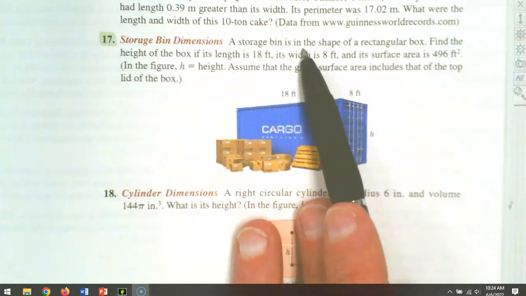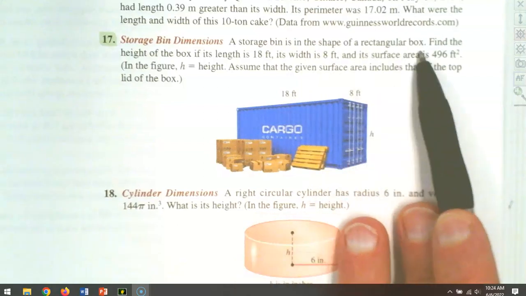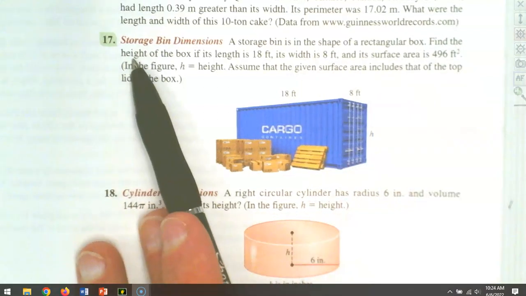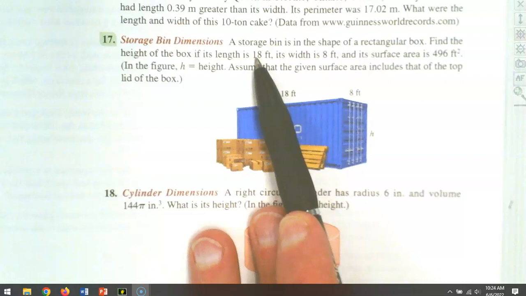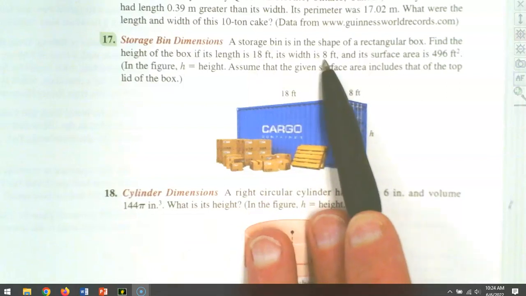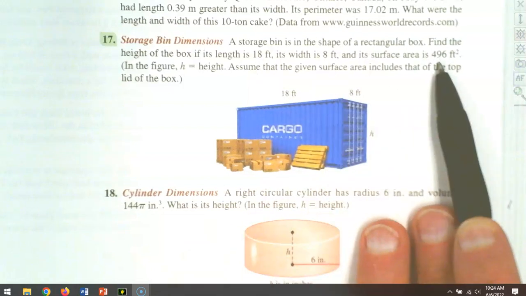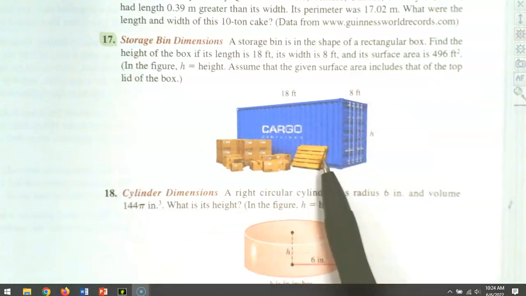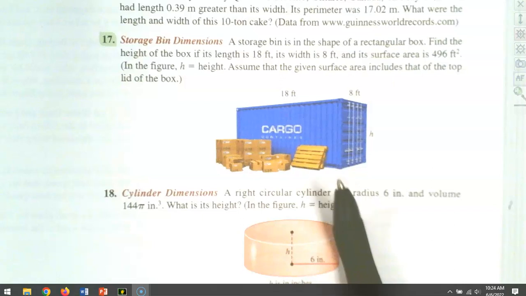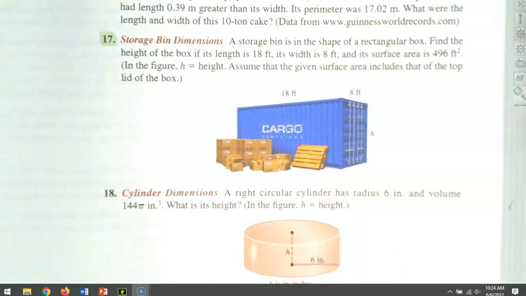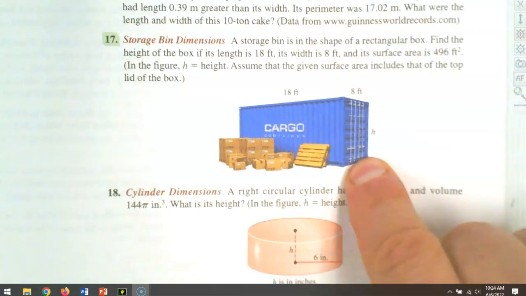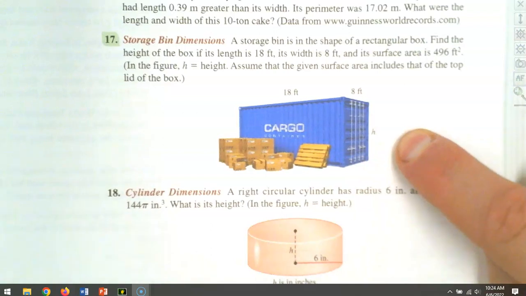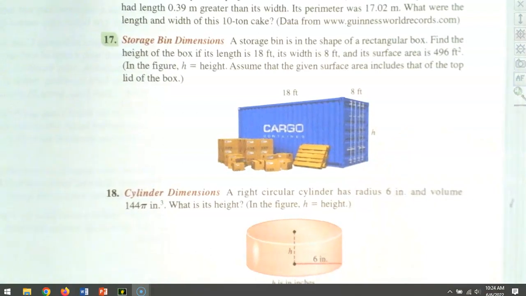A storage bin is in the shape of a rectangular box. Find the height. The box is 18 feet. Width is 8 feet. Surface area is 496 square feet. Okay, so that's what we've got. Now, when I look at this, what figure is this? What does it look like? Well, if I go to the back cover of my textbook,